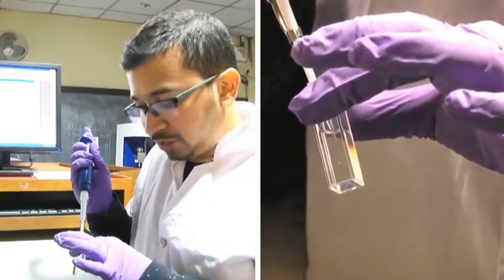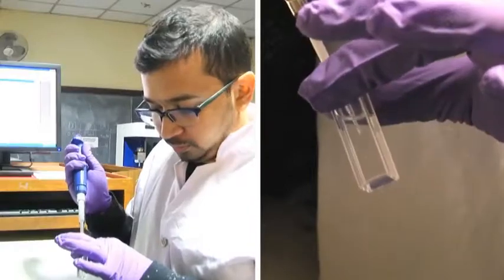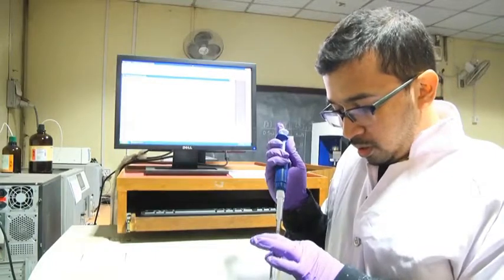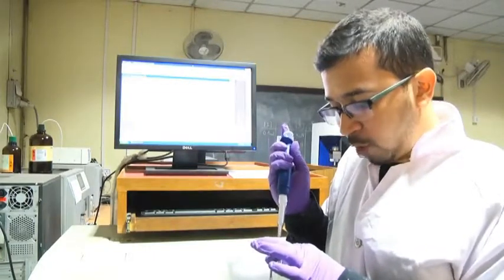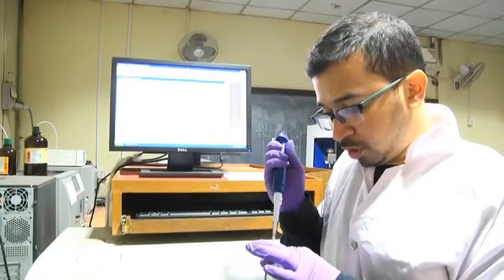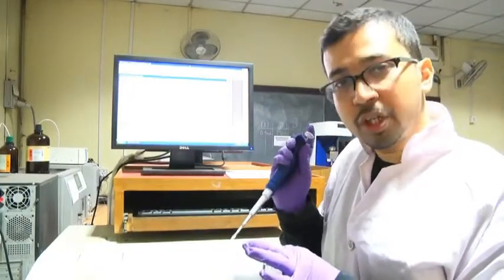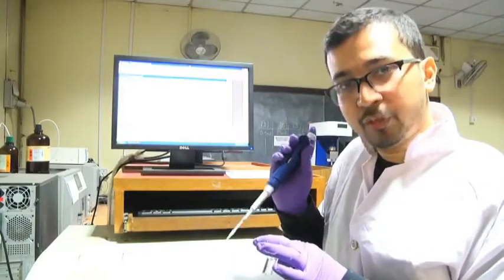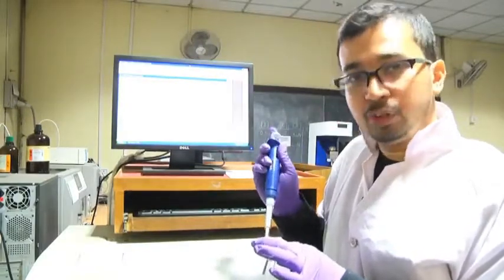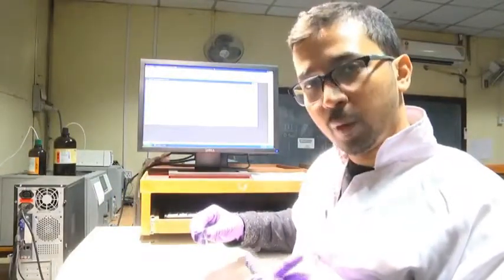Once I have added the HSA in this double distilled water, make sure to make it homogeneous. Please see that no air bubbles are formed in this cuvette. If air bubbles are formed, kindly take necessary steps to drive out the air bubbles from this solution. And the solution is clear, rather we can say it is a completely transparent solution of HSA, and this is native HSA for which we will see the fluorescence spectra. So, this is the HSA solution whose fluorescence I am going to examine.